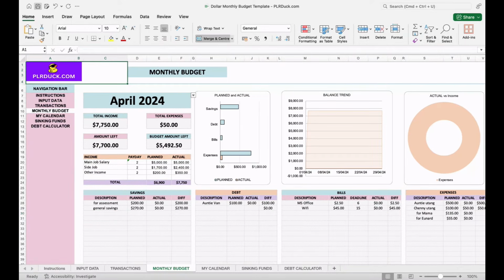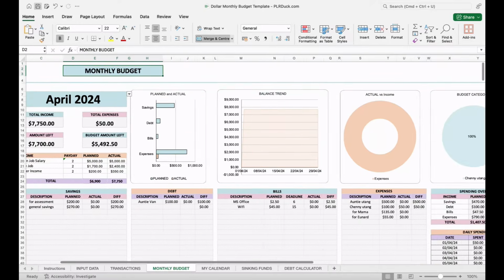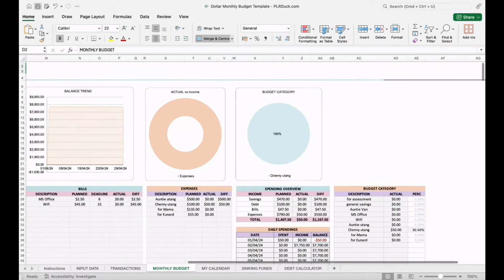So I don't want this logo. So I can just delete this particular logo. So I have deleted the logo over here. So I don't want this one. So here you can see a pastel color theme is completely what we have used for this